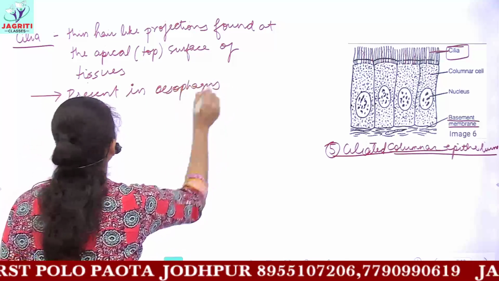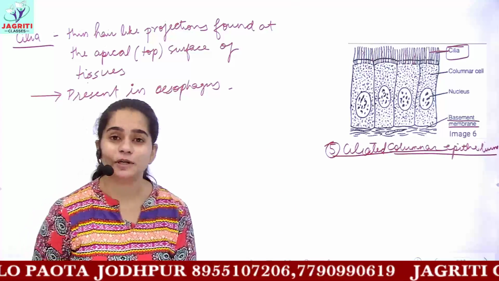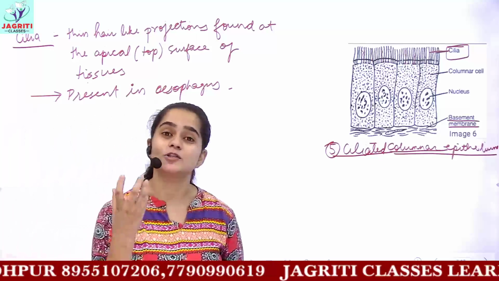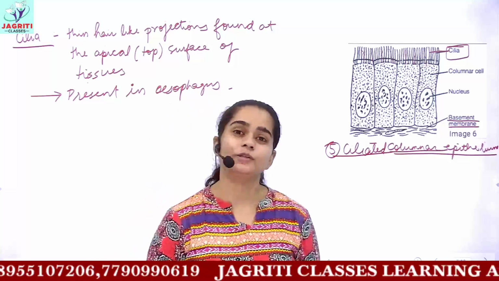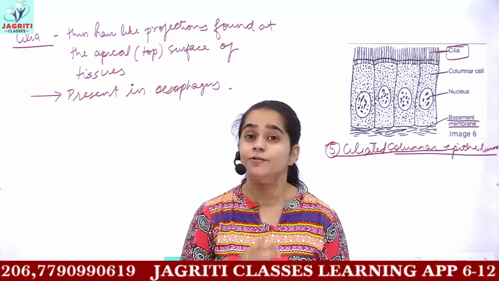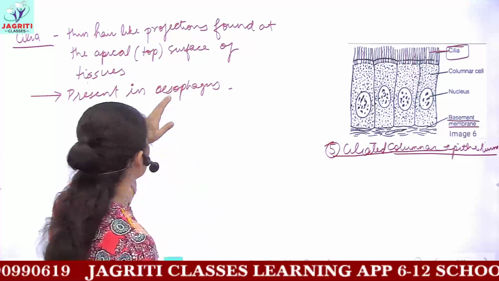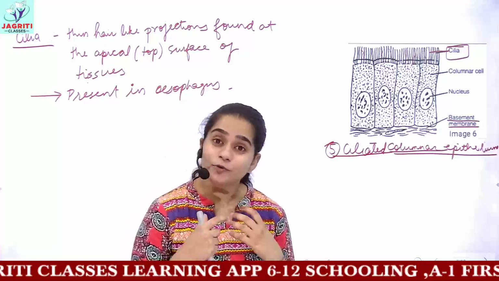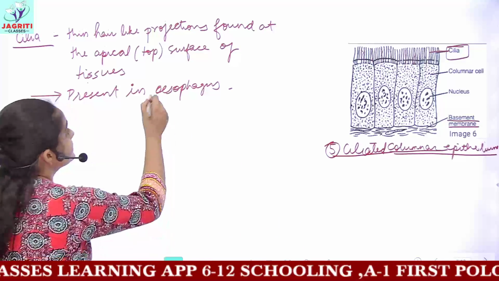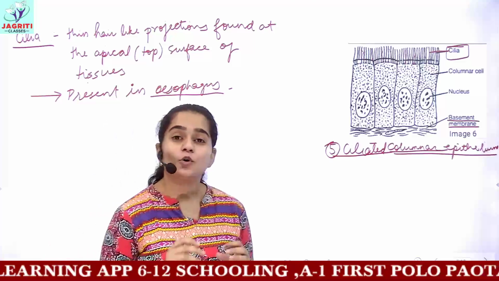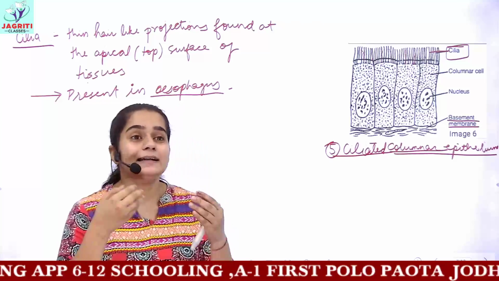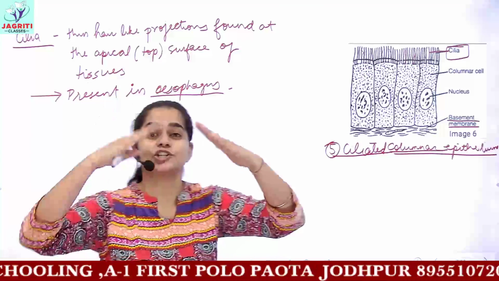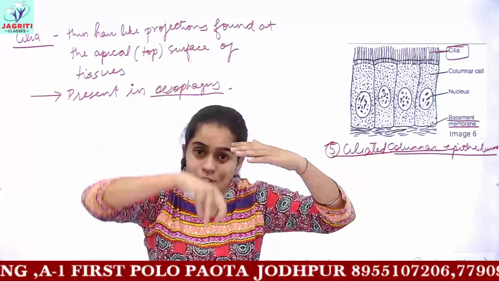So what would be the role of this ciliated columnar epithelium? We know the only role of our esophagus is the transportation of food into the stomach or any other organ from the mouth or buccal cavity. Because in the esophagus we need movement of food, and to make the food move down, it contains ciliated epithelium. The role of ciliated epithelium is that it helps to push the food below. The cilia, the hair-like projections, move and push the food downwards.